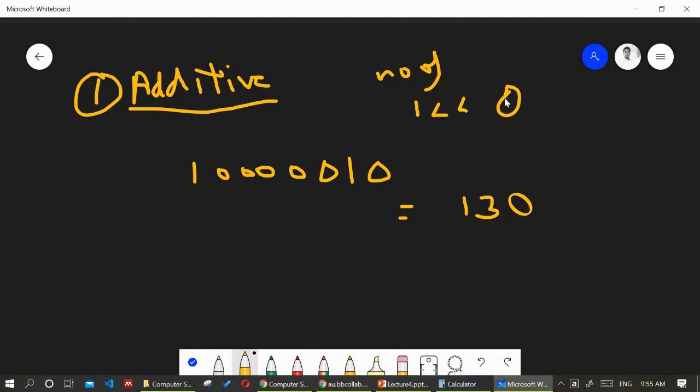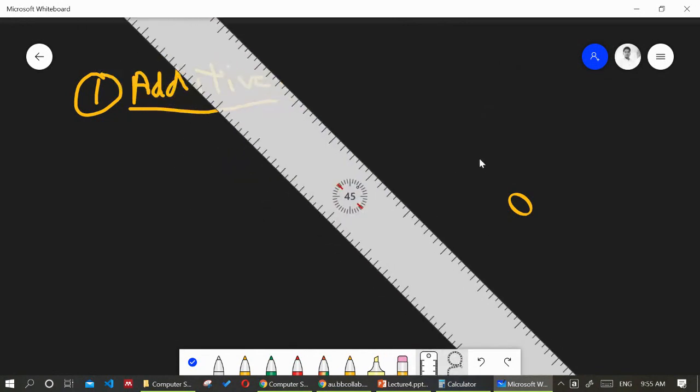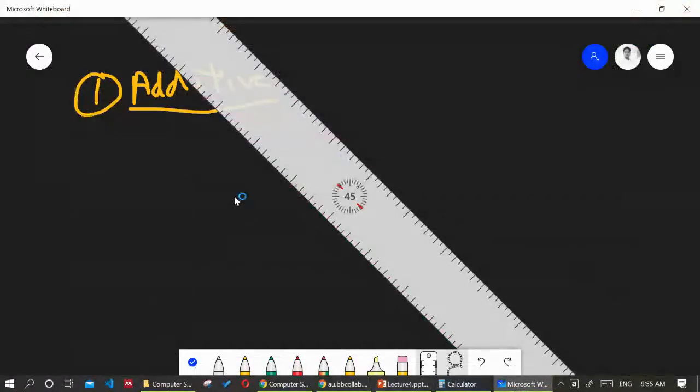A very good condition is when there are only a few sparse ones, 2-4 ones, then it will be done very easily. But you can use the additive method whenever the number of zeros is greater than the number of ones. Now the second method will be applicable on the other condition. The other condition is when the number of ones is greater than the number of zeros. So in that scenario, your subtractive method will work.